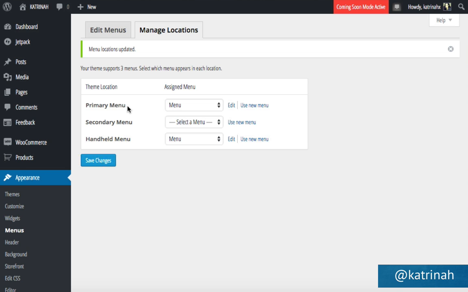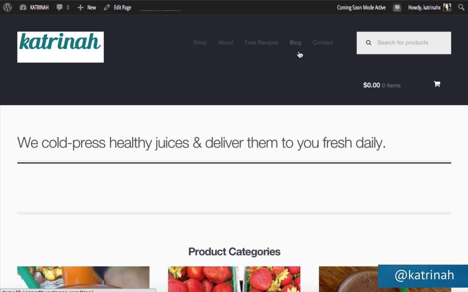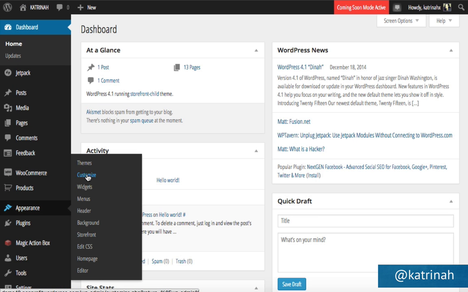With that said, I'm going to visit the site by going up to the top and clicking on Visit Site. The other thing that we want to do is just change the color, which is what I referred to a few moments ago. So I'm going to do that by going up to the top, going directly to Customize. You can either go directly to Customize here, or you can click on Dashboard, then go down to Appearance and Customize and find the Customize panel this way.